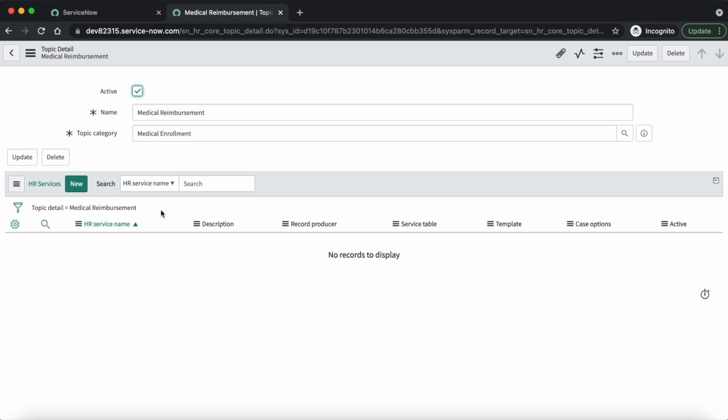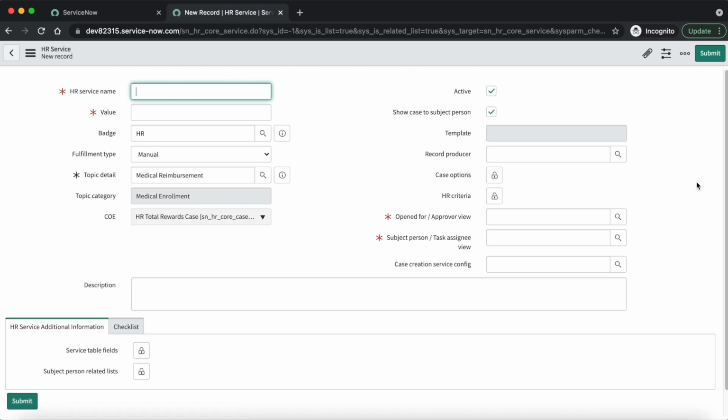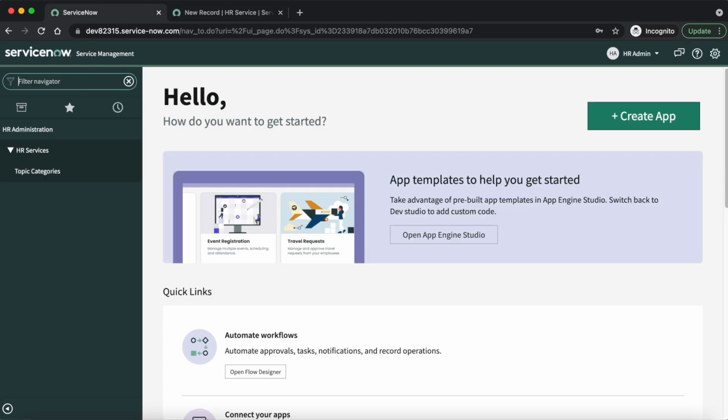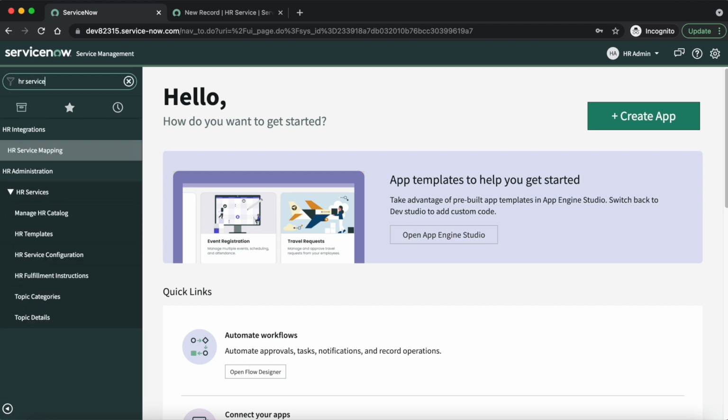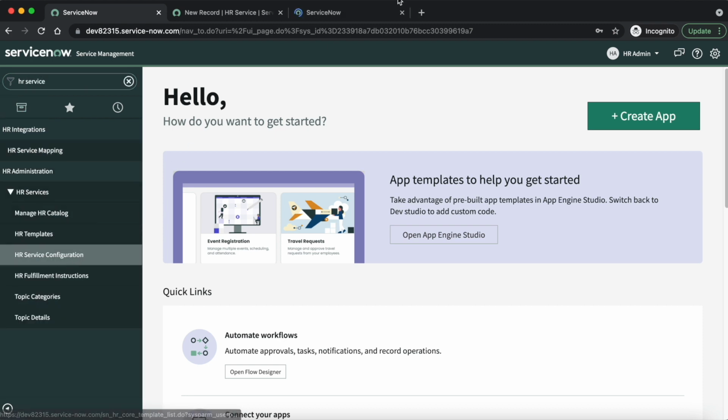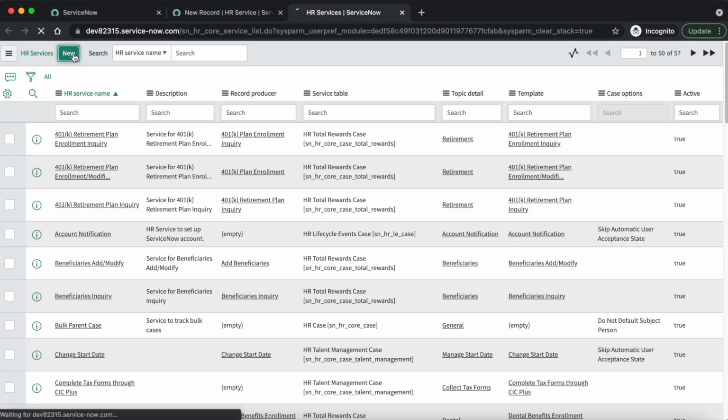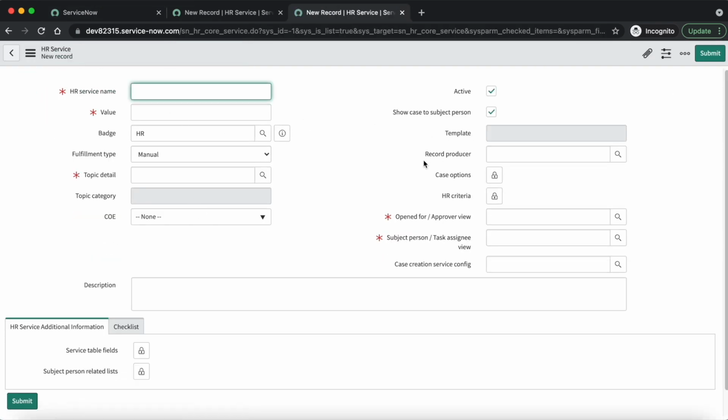From here you can create a new HR service, or as I have explained earlier in this video, you can navigate to the HR service configuration module to create a new HR service. So as per your convenience you can go for any option. If you click the new button, the HR service form will be loaded, and if you click HR service configuration from the application navigator and click on new, you will get the same form.